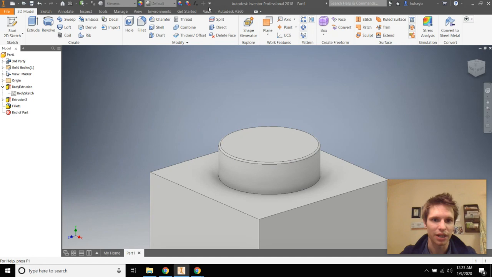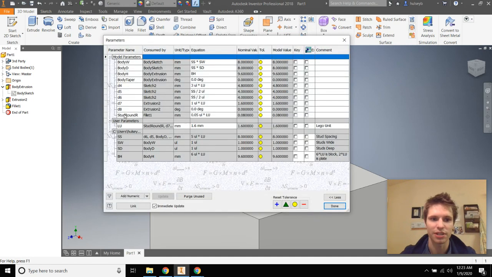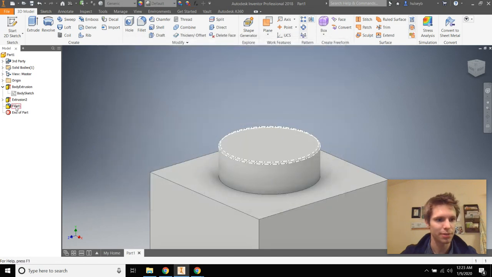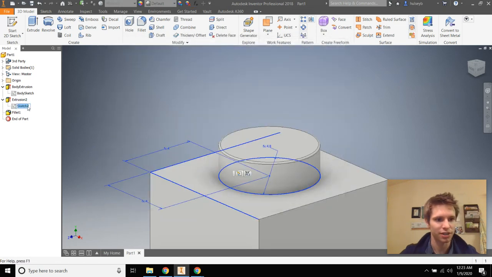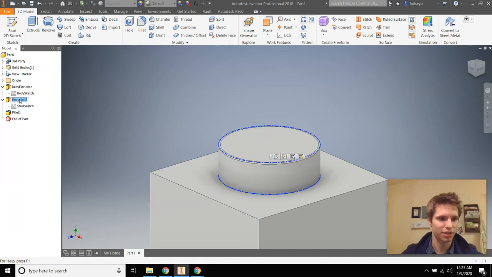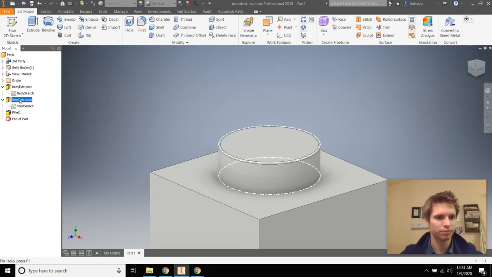Apply, cancel. And now if we go back to our parameters, I see that instead of D9, it's named stud round R. So let's name our stuff again. This is stud sketch. You can fast forward through all this naming stuff and just look at the end result. If you want to go a little faster, stud extrusion,